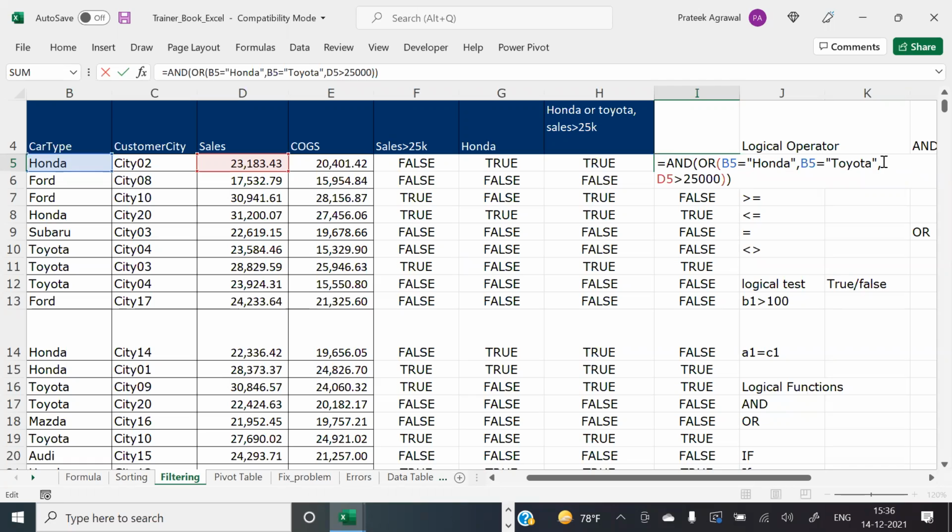Kshitij? For AND, how many logical tests are there?